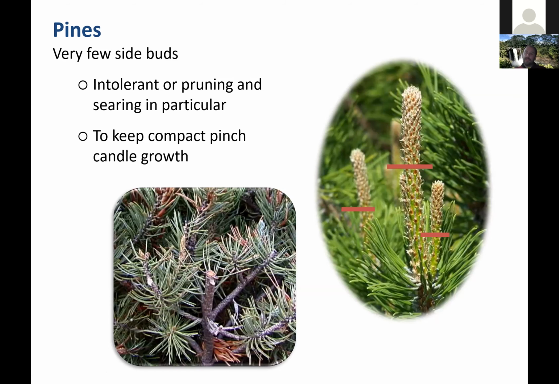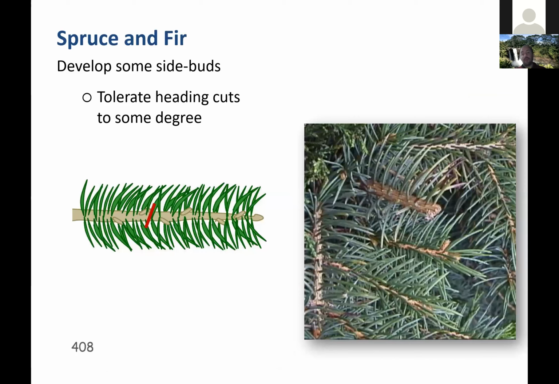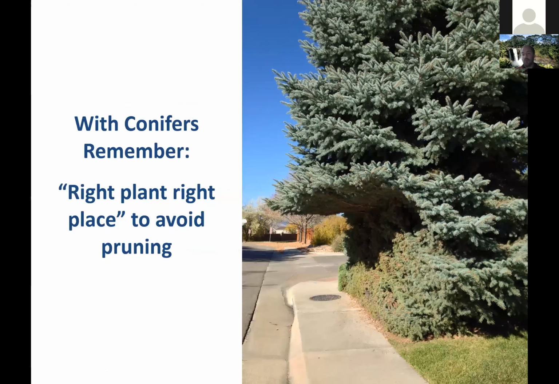Spruce and Douglas fir are both more tolerant to pruning than pines. They have more lateral buds that you can cut back to. So you can do heading cuts, in addition to removal or reduction cuts, and still have success. Still, when you do head them back, they tend to look funny, right? So yes, that spruce is not hollow. It's got new growth where it's being sheared, but it doesn't look normal, right?